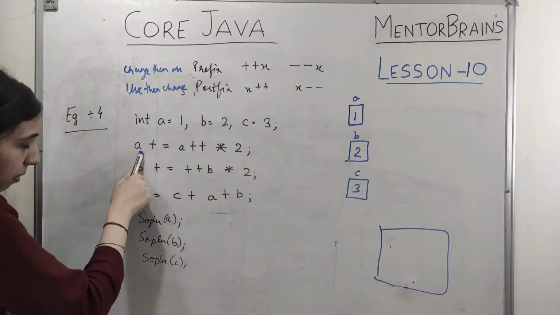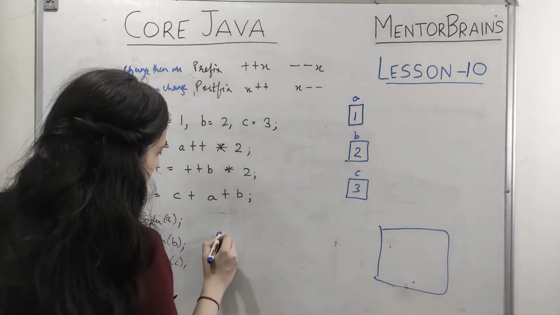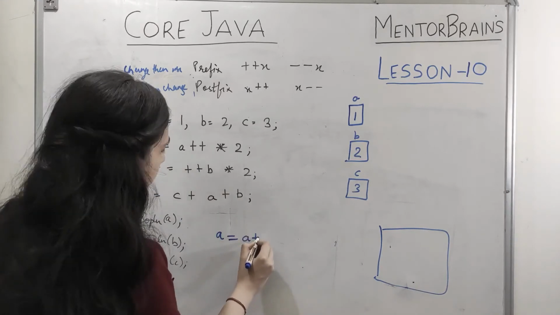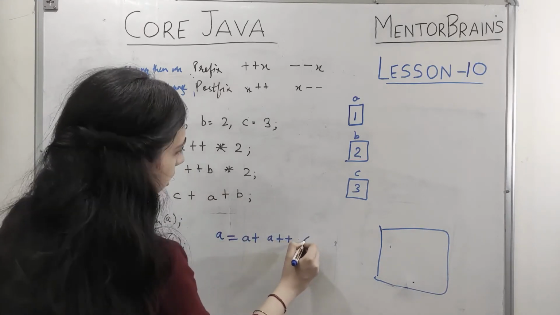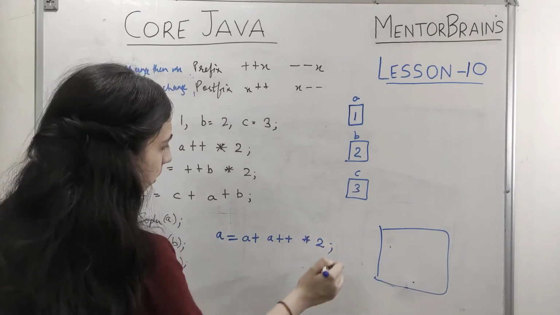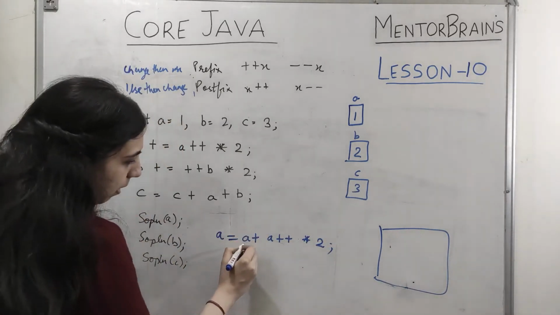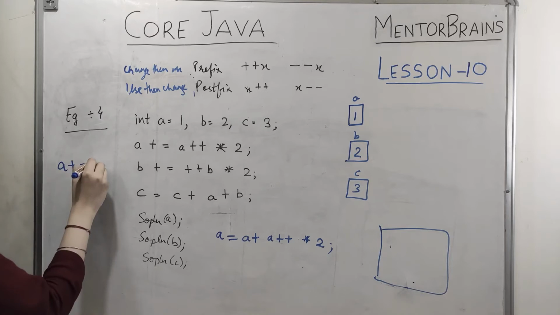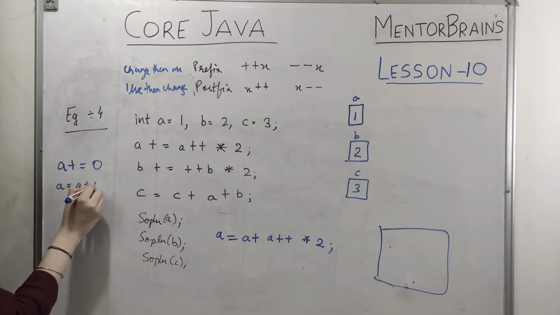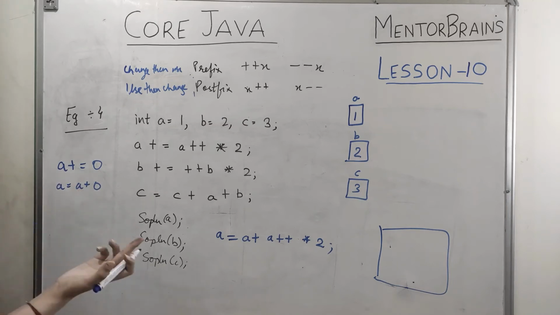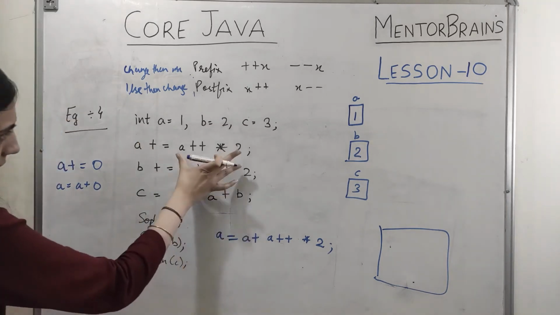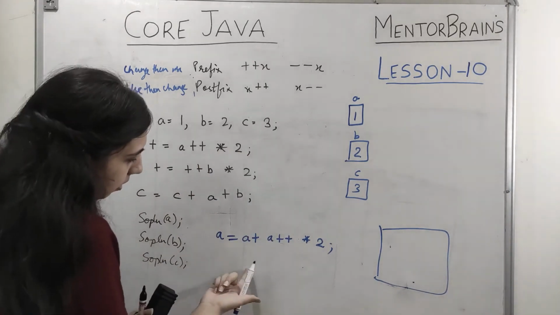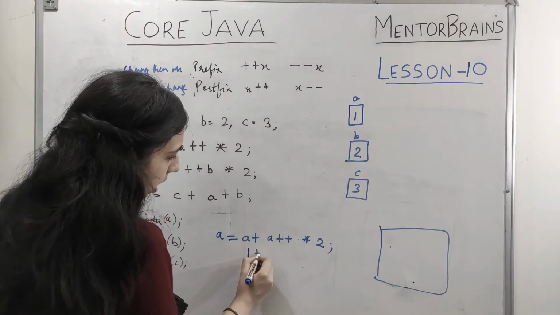Now after this, while executing this one, I'm writing it over here, it will be A plus equal to, so it is A equal to A plus plus A plus plus into 2, right? This is your statement, and this A plus equal to is, as I told you before, if I write A plus equal to 0, that means A equal to A plus 0, that is basically A is coming over here. So in this also A plus is coming over here, and as it is, this is copied. Okay, so while executing the statement, first my value of A will be written over here plus A plus plus.